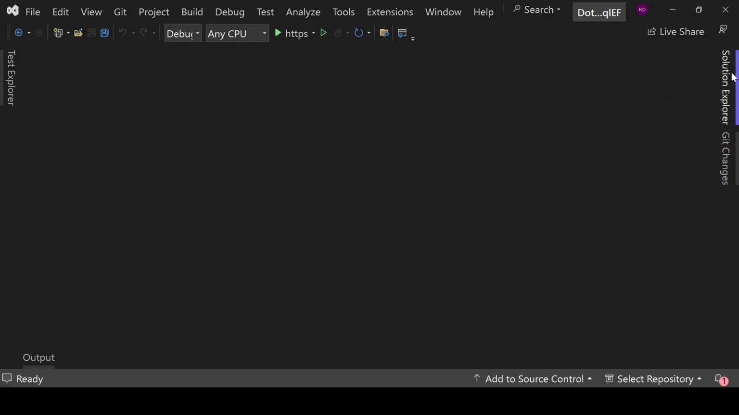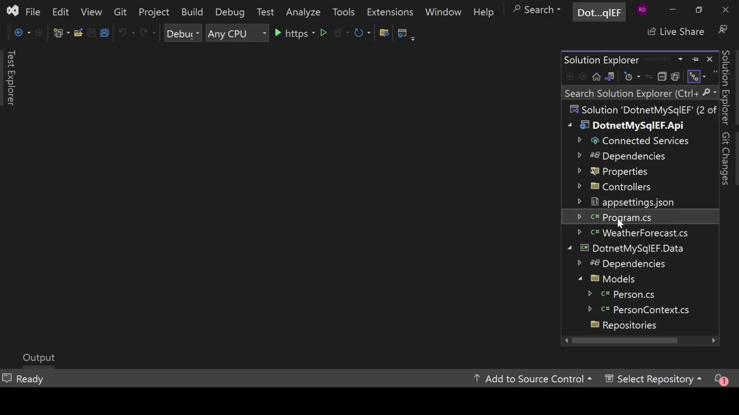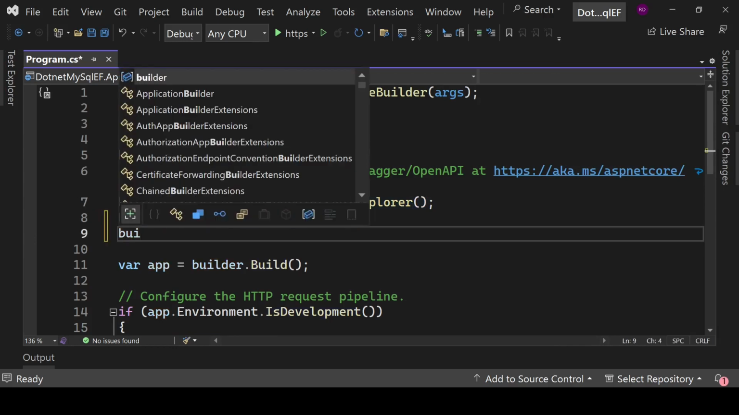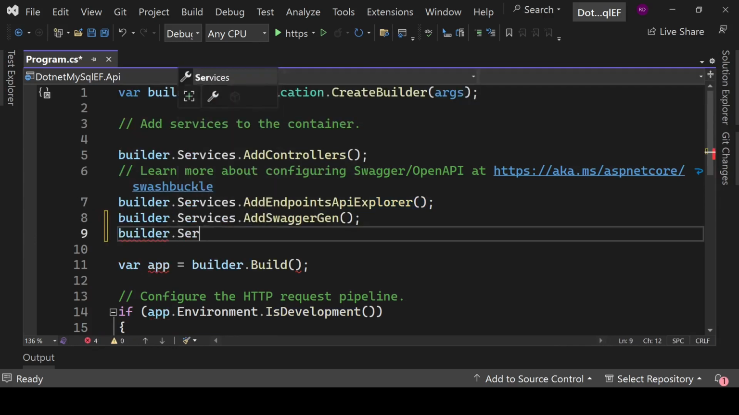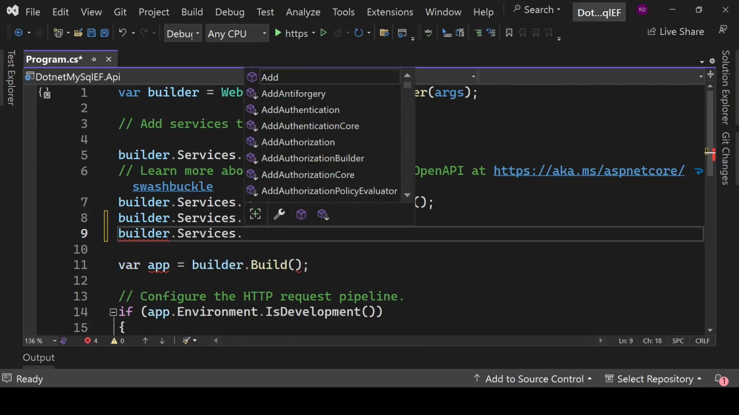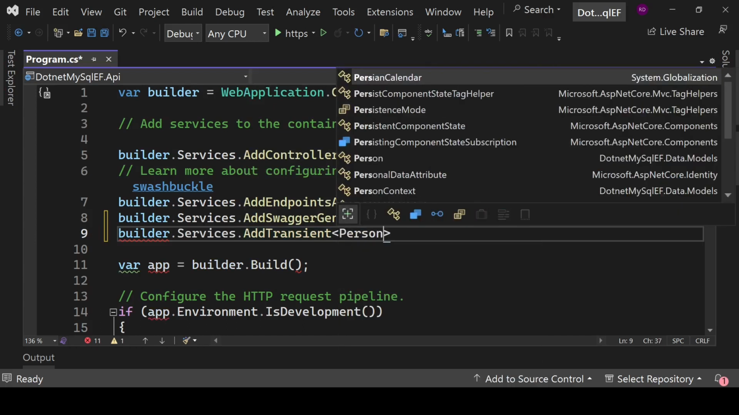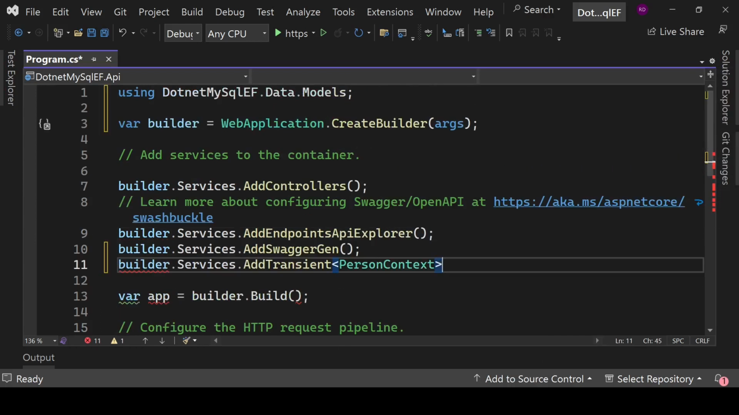Now after that, our configuration is completely perfect. So here what we will do now, go to the Program.cs file, and here we are going to add it to our DI container. So builder.Services.AddTransient, and it will be PersonContext. Okay,